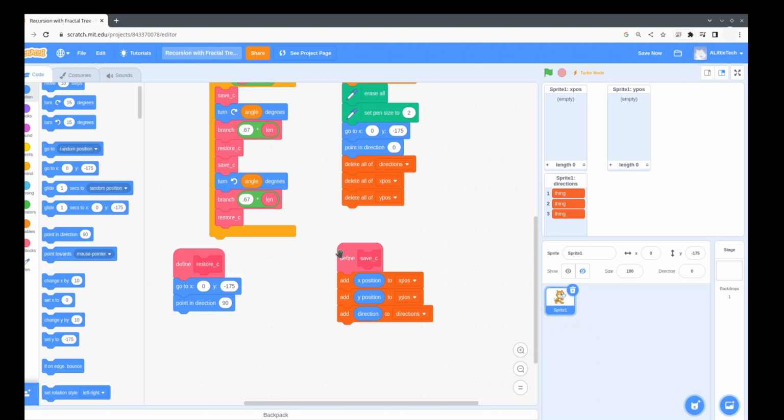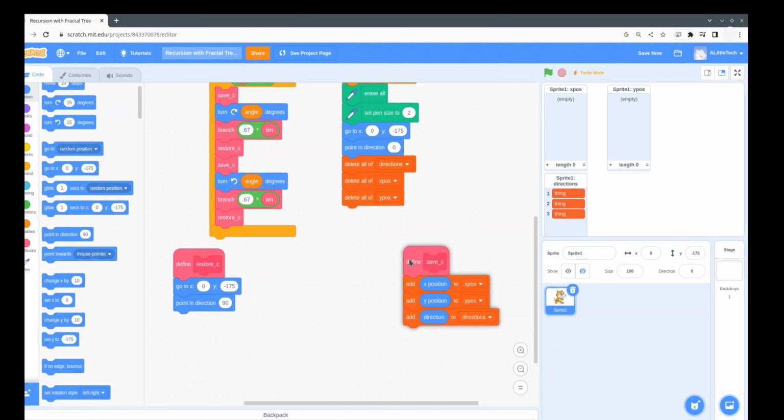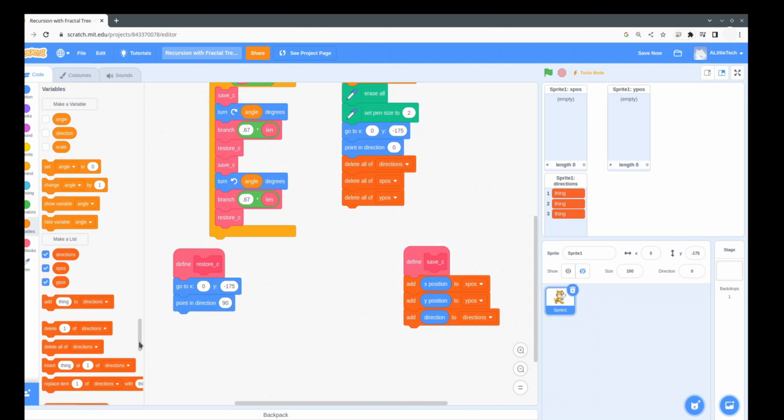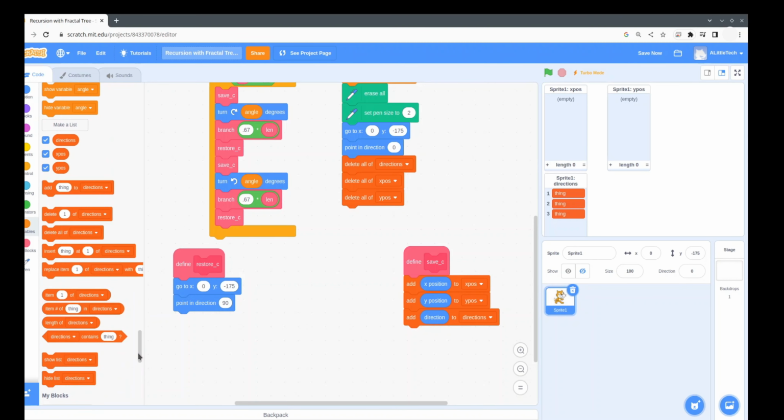Okay, so this gets a little bit longer of an expression, but it's not too bad here. So we'll go back to the array options, and we're going to pull out item number of